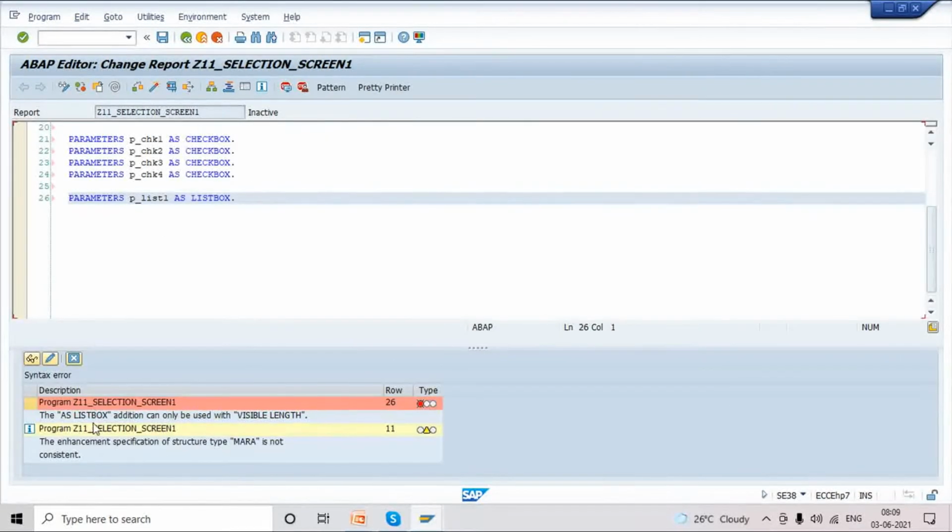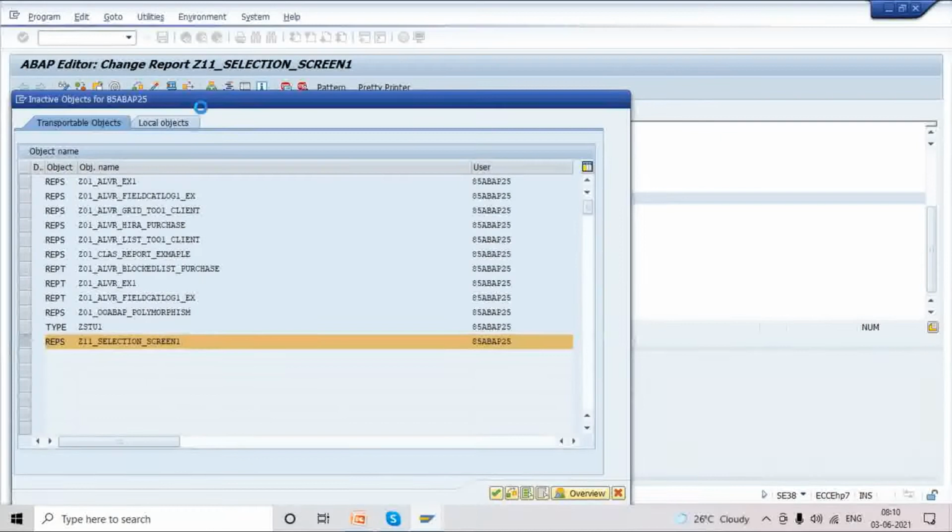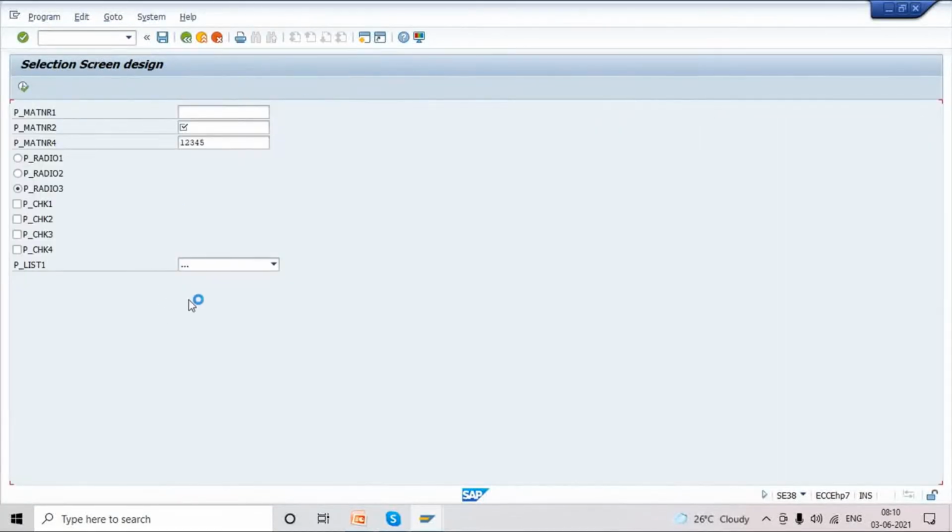You can see the list box addition can only be used with VISIBLE LENGTH. For a list box we always have to provide the visible length, otherwise it will not work. Visible length 20 characters, the input length we're telling. Just activating. Execute. You can see this is 20 characters visible length.